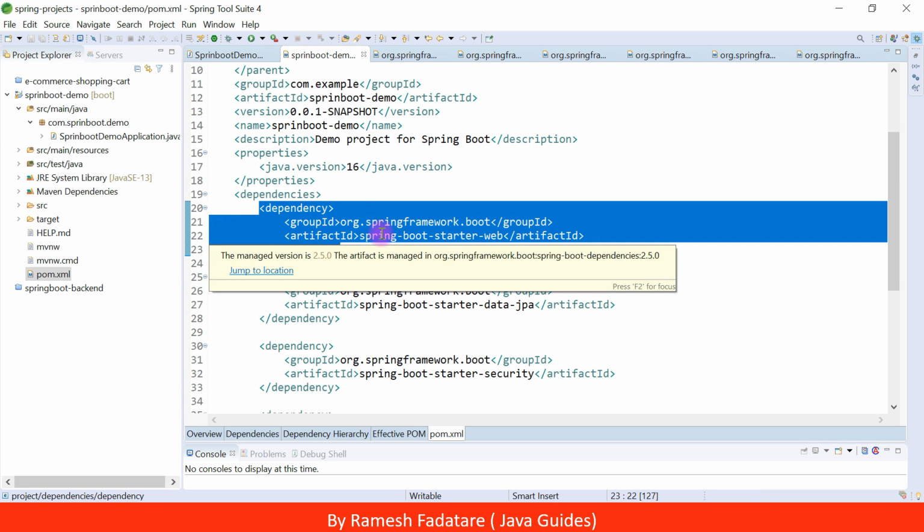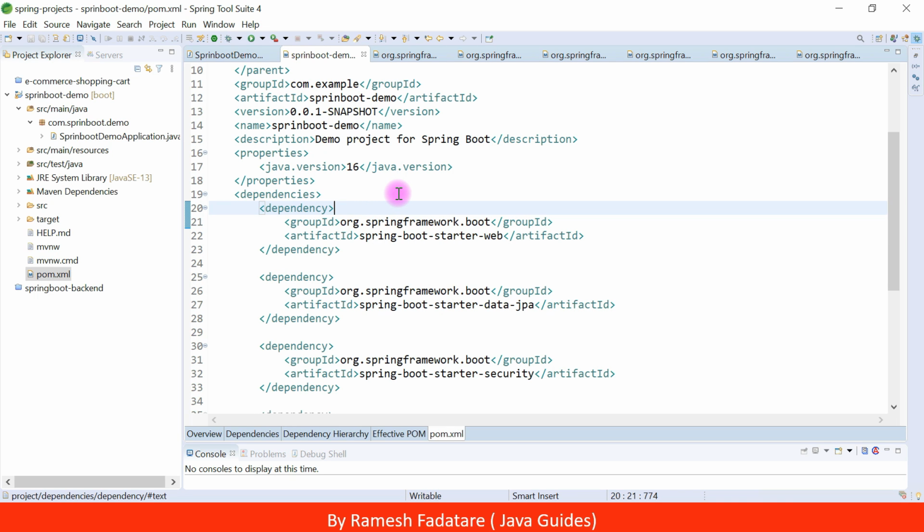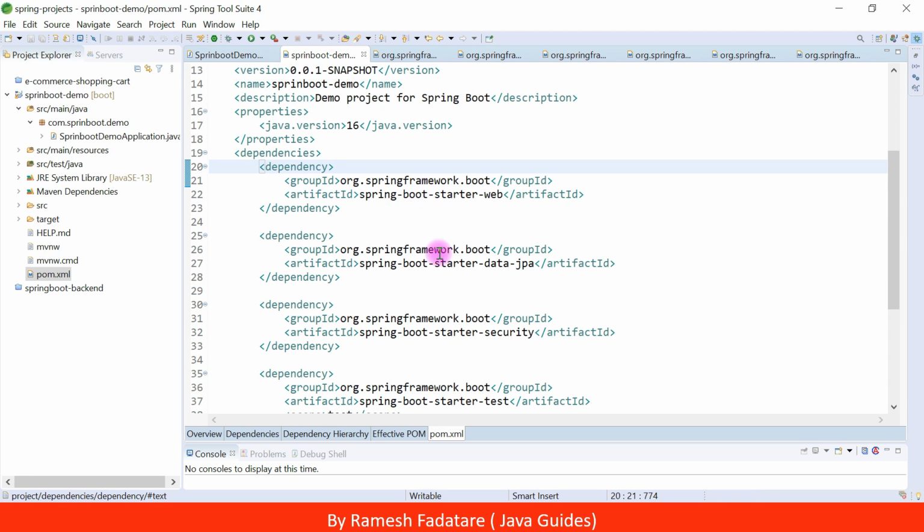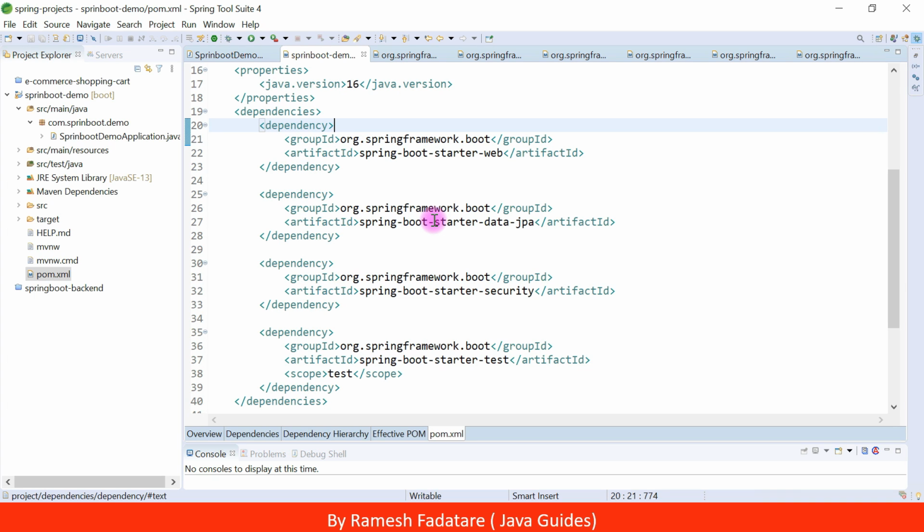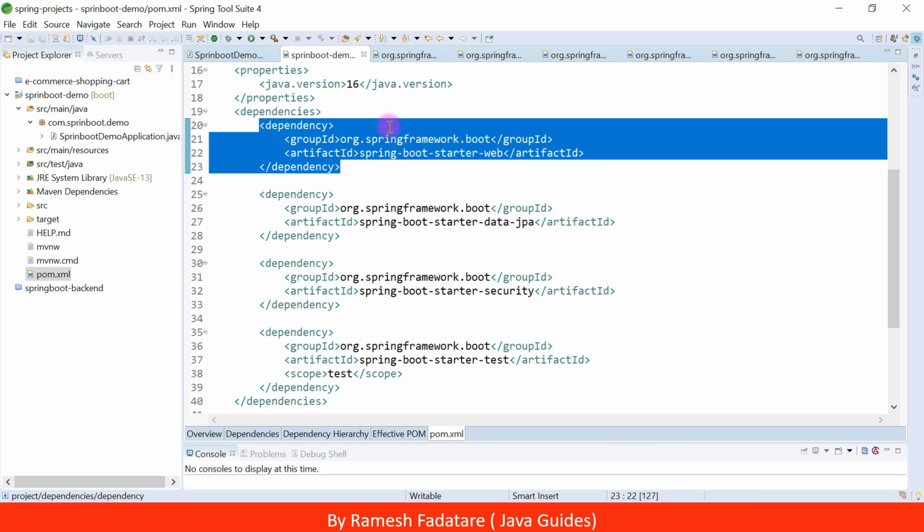Developers were really facing a lot of issues while developing Spring based applications and maintaining the dependencies and their compatible versions. Spring Boot solved that problem. We don't have to maintain the compatible versions, and we don't have to add all the required dependencies. We just need to add a single starter dependency, and we will get a one-stop shop of all the dependencies that are required to develop a particular functionality.